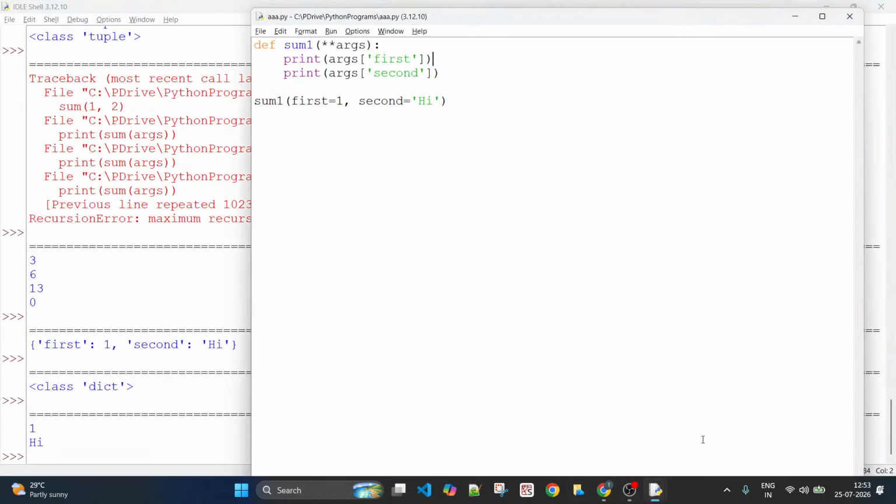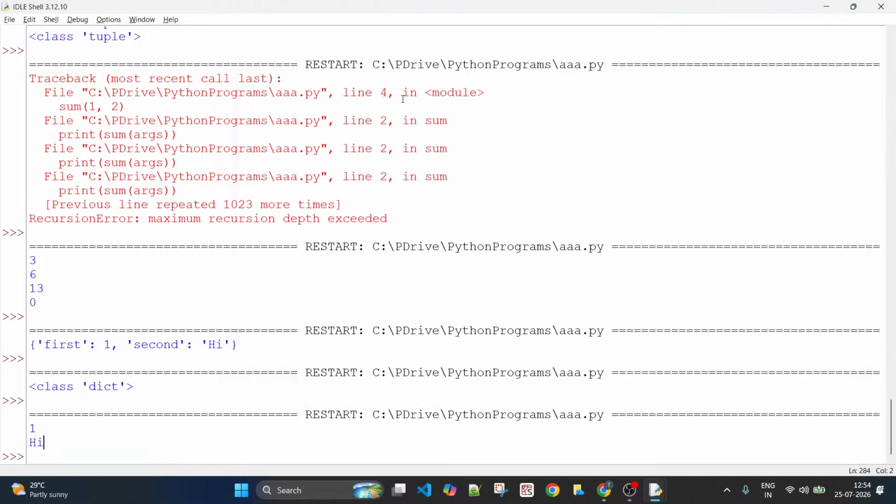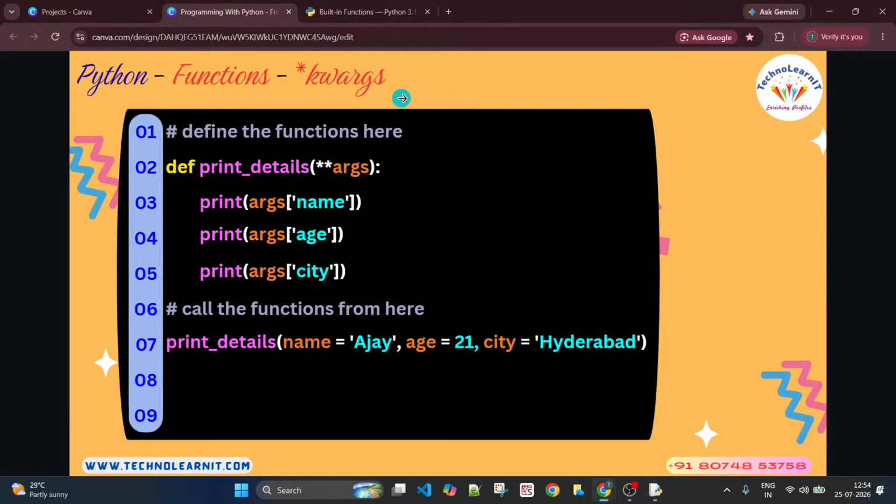That means I am now able to pass different arguments to this function. So this is important. And if you put XYZ here, ABC here, you need to use those keys properly. So this is how you can pass key value pair arguments to a function, and they are treated as a dictionary, obviously, because a dictionary is a collection of key value pairs, and accessing all those values is very similar to how you deal with dictionaries, right? So that is all about that.